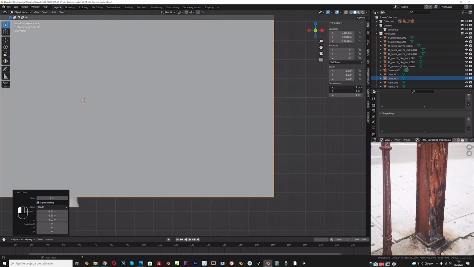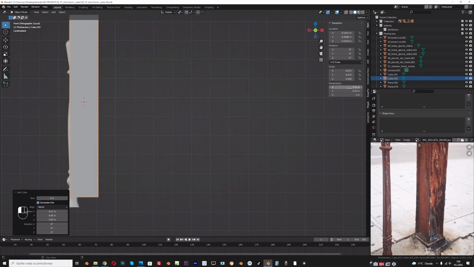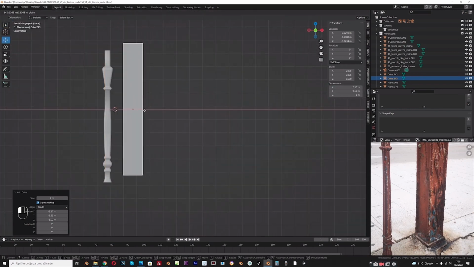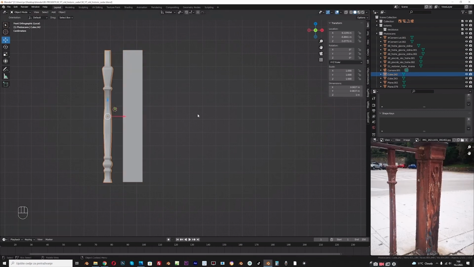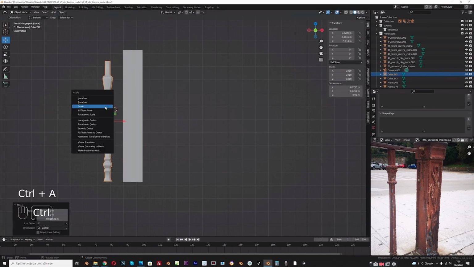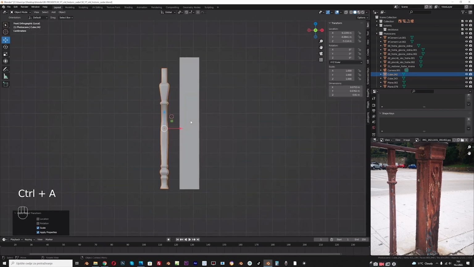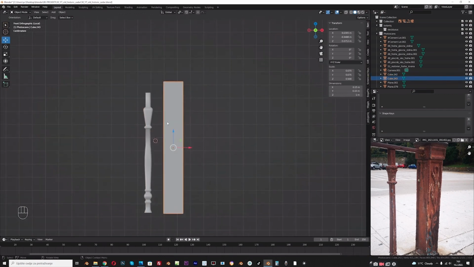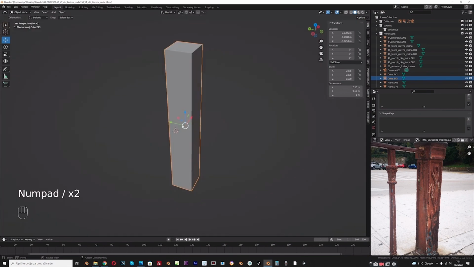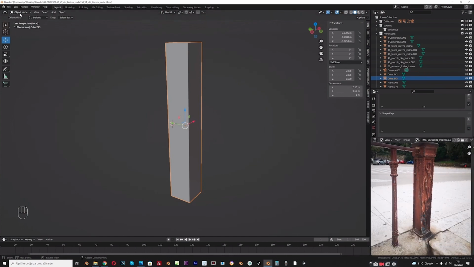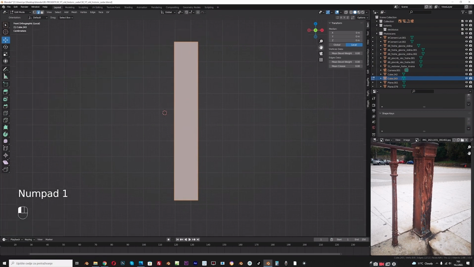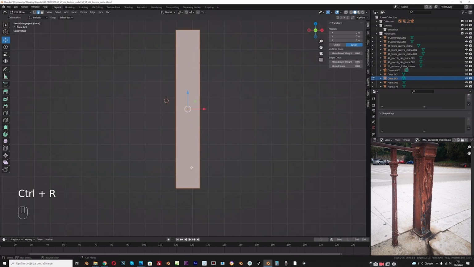maybe 15 centimeters. And this is a little bigger than this one, so I will just scale this down and apply scale. And with double tap numpad period, we isolate only this one. So I will go again with numpad front orthographic and